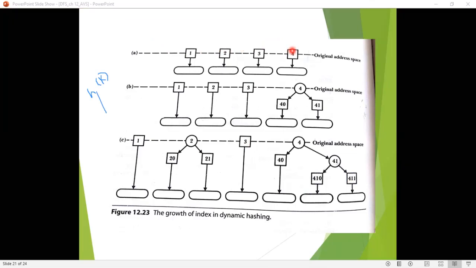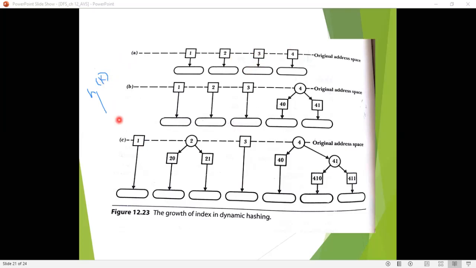If the directory node is an external node that points to a bucket, then the search is completed. For example, you generate a key with h1 of k, and if that points to directory 3, which is an external node pointing to a bucket, the search ends here. In the other case, if it is an internal node,